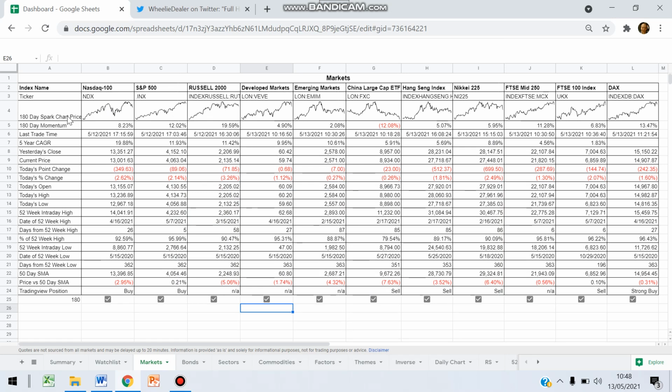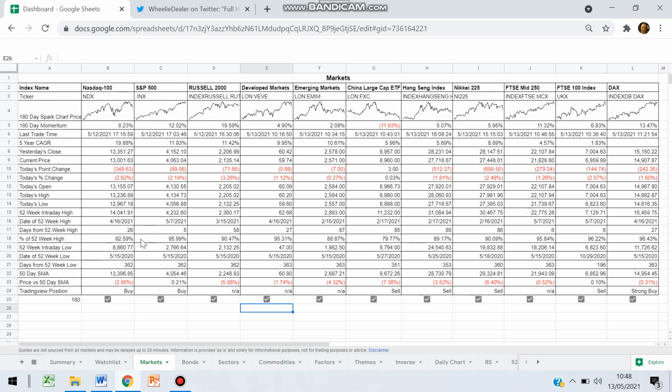I then pull up a sparkline chart and the price growth over that time frame. The last trade is time-stamped because some trades are yesterday, depending on the timing of the market. I've got a 5-year compound annual growth rate in there, so I can see which ones have good long-term growth. Various price changes around the day,